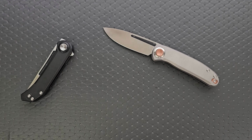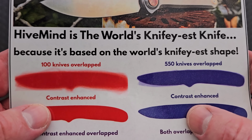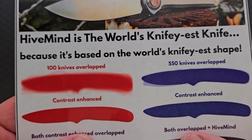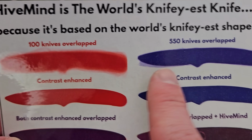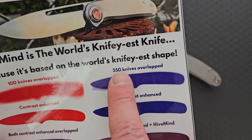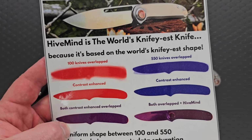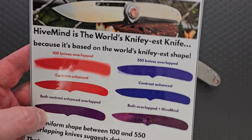Why do they call this the world's knifiest knife? Because it's based on the world's knifiest shape. So, what they did apparently is they took a lot of, apparently over 500 knives, and they superimposed them over each other, which is funny because the first